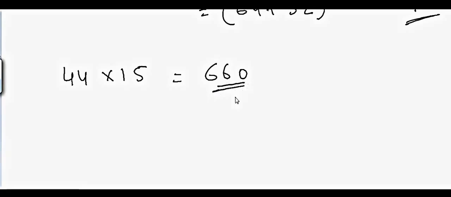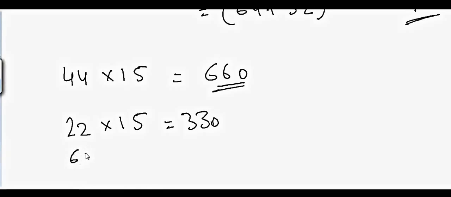Suppose I want to multiply 22 by 15, that will be equal to 330. And if you want to multiply 66 by 15, that will be equal to 990. As you can see, I'm using simple numbers, but you can always go to complicated numbers and do the same kind of